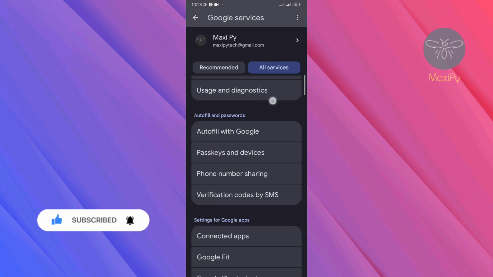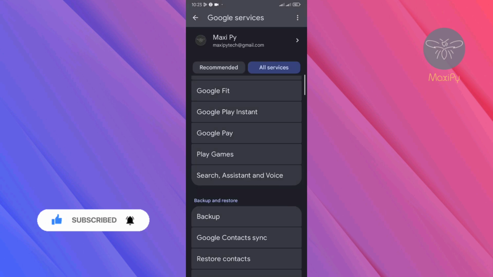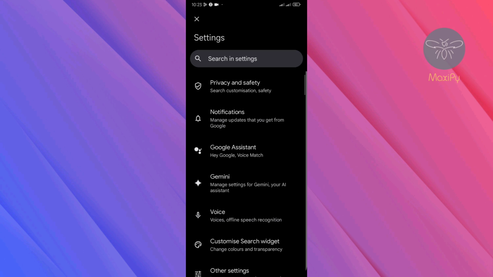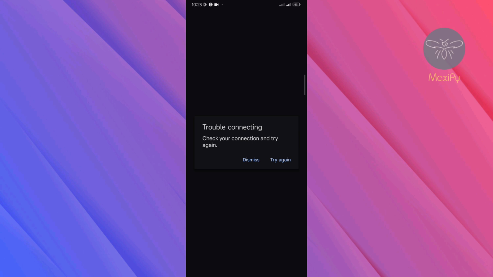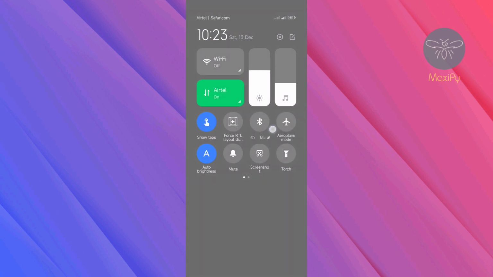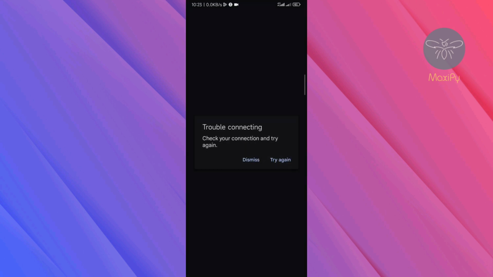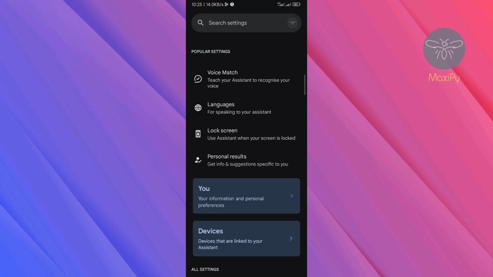Scroll down to where you will see Search and Assistant Voice. Click on it. Go to the Google Assistant option and make sure that you are connected to the internet. It will bring you to this new page. You need to go to the voice match,